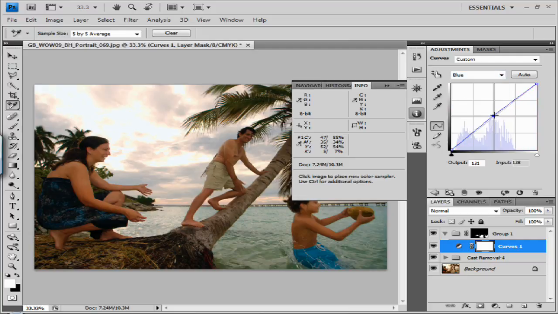Are you picking your points based off the histogram? Actually, I'm picking the points off of just my knowledge of where they're at. You can pick it off the histogram if you want. You can let me get off the color sample tool, and you can